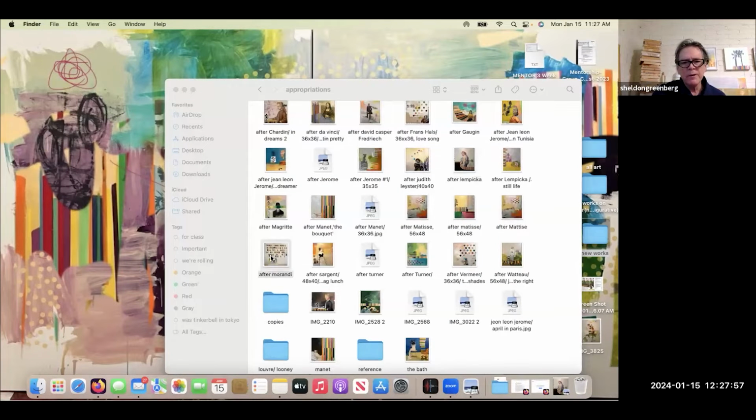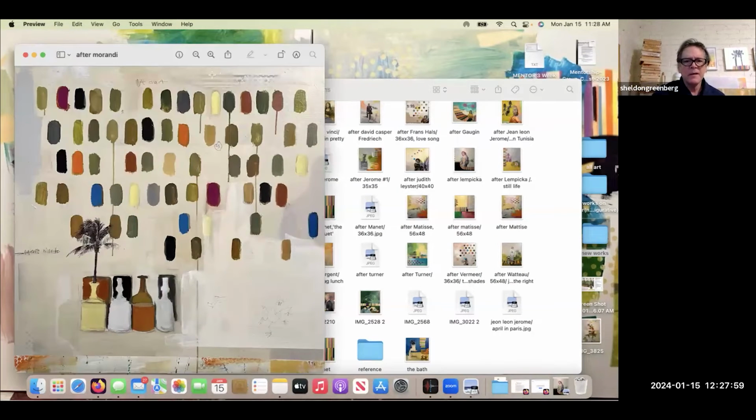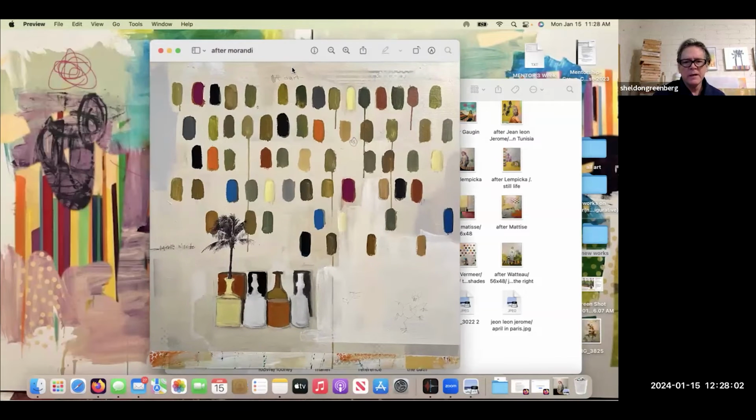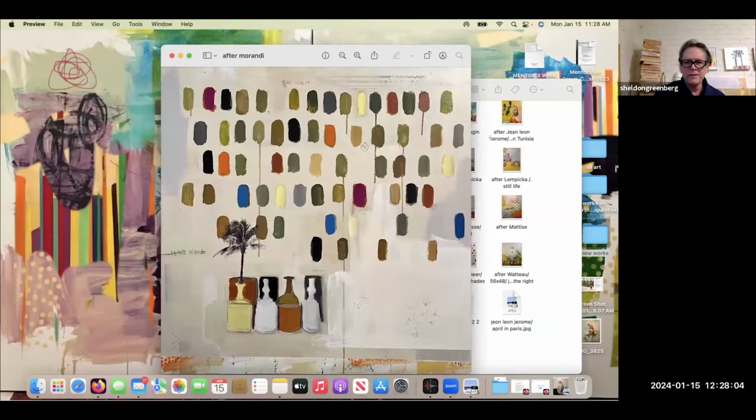This one, I've always loved Morandi because when I was teaching a still life class a lot of my students didn't know Morandi, and I just loved Morandi. And so I used the idea of the mute chart with his colors, and then I did a study of one of his simple still lifes that I found really fascinating. This one was smaller. This is a 35-inch square.